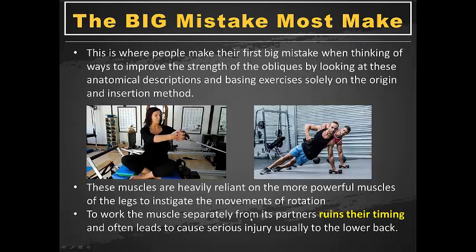So the big mistake people make is what we were saying before. They try to think, okay, basing an exercise to strengthen it, like with side plank for the lateral flexion, and say a rotating sitting exercise, or even if it's standing and they're just trying to do it slowly, make it really burn like you would with any other muscle. Unfortunately, you're really going to ruin the way that the muscle functions by doing that. The side plank has some purpose to it. I don't mind this one to some degree, which we'll get into at the end, but